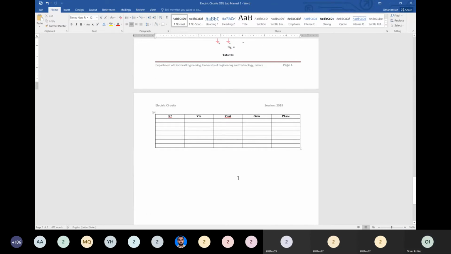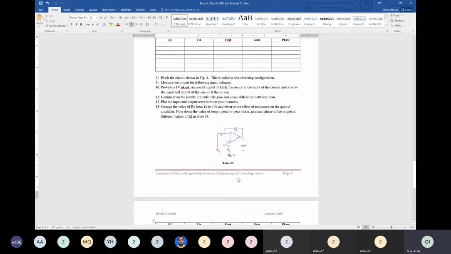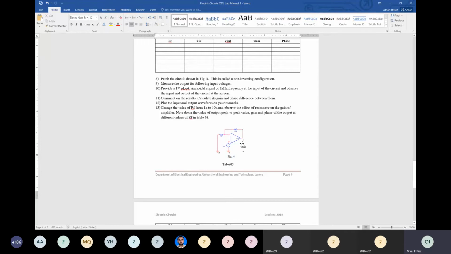So this is your ODL Lab Manual 3, and it is your job to figure out the usage of operational amplifiers and AC sources in LTSpice for this particular task, because if I explain it to you, it becomes an extremely easy job, and we have done that twice already. This time it is going to be a little bit of legwork from your side as well. So you will fill this manual up. I will specify the screenshots.